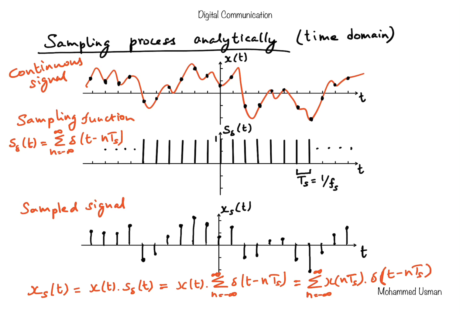Now, having seen the analytical representation of the sampling process in the time domain, how do we translate this to the frequency domain and see the analytical representation of the sampling process in the frequency domain? To understand that, we'll use some very basic fundamental principles of the frequency domain and our prior knowledge of the translation from time domain to frequency domain. So, for example,